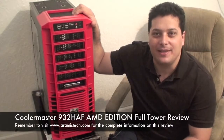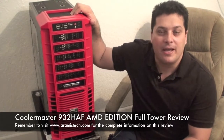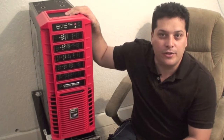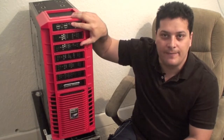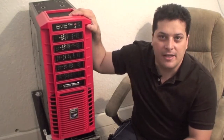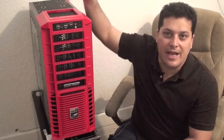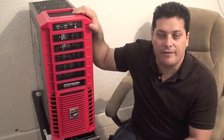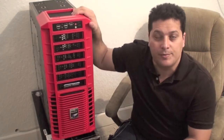Hi everybody, today I have a nice case to show you, and it's the Coolermaster 932 HAF AMD edition. The AMD edition differs from the regular 932 HAF because this one has a red front. It has a nice AMD logo in the front, and it lights up in red inside the case. It definitely looks really nice, and it's just a few changes, but it looks really good. It does not have a fan on the side door, so that's another difference between the 932 HAF and the AMD edition. Stay tuned. In the next few minutes I will show you all the features of this particular case,